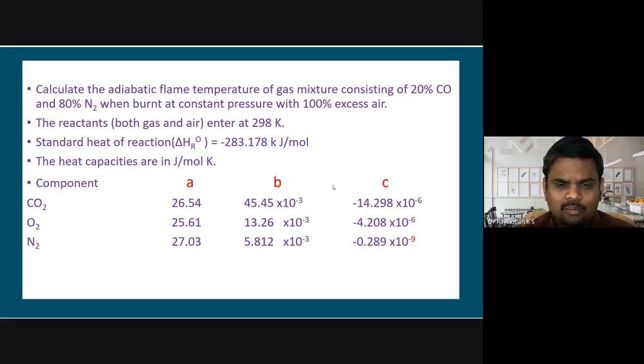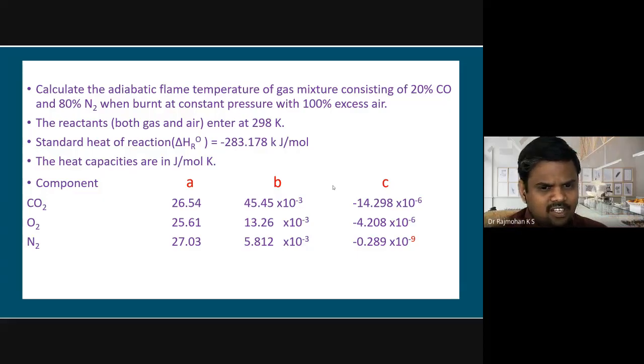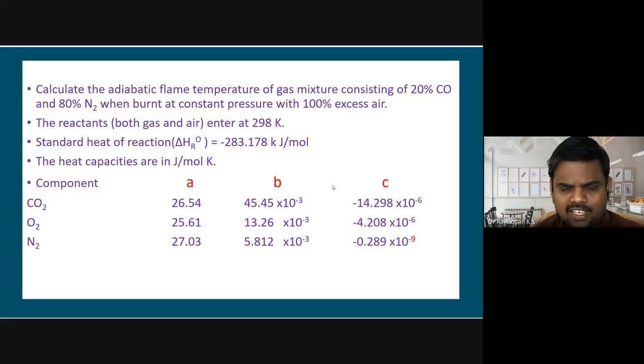So that means the heat required to bring the reactants from the given temperature to standard temperature is going to be 0, because the reactants are entering at the reference temperature only, right? The standard heat of reaction delta HR naught is given as minus 283.178 kilojoule per gram mole. The heat capacities are in joule per mole Kelvin. Remember, the standard heat is given in kilojoule per mole, whereas heat capacities are in joule per mole Kelvin, for the components CO,